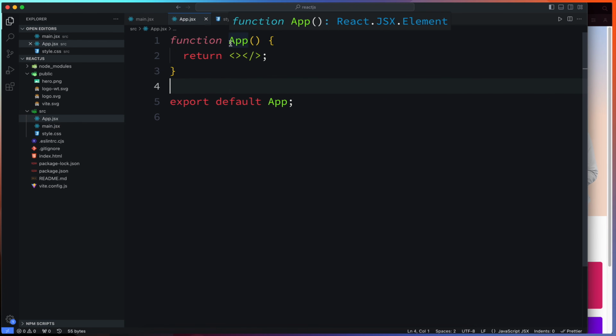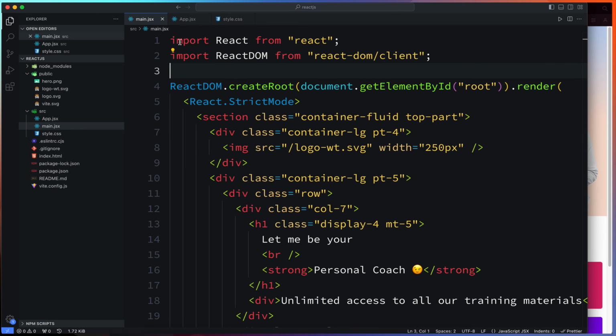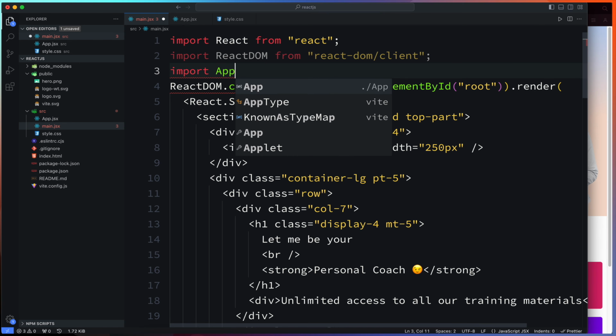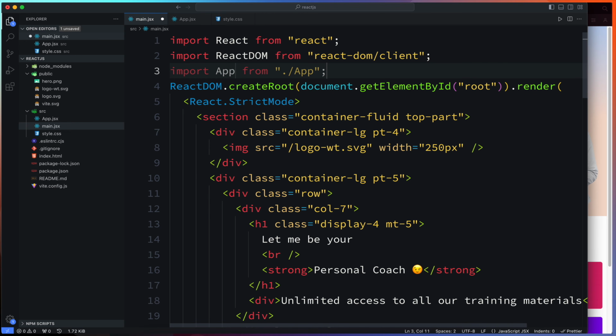Mind you, we've not done anything here. Just to show that it is working, we can render a static text and say app component. Then we come here and make use of it. In order to make use of it here, you need to import it from wherever it is. We can see where it is here. We're in the same root directory. So we can say import App, that's the name you want to call it, from